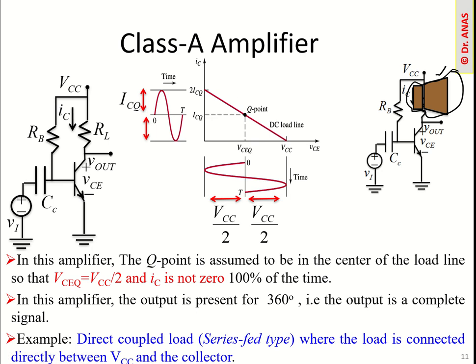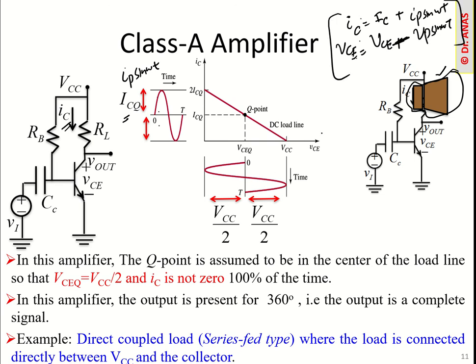we get 2 currents here. One will be the DC current and one will be the AC current after supplying this. So actual collector current will be that DC current plus the AC current. Let's say the AC current is IP sine of omega t, so it will become IP sine of omega t here. And similarly the output voltage, for example if you write VCE, that will be the one from the DC analysis plus minus the drop here due to the AC one. So that will be basically our IC and VCE equations.